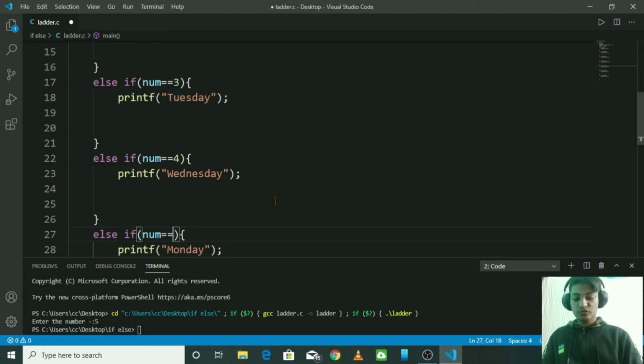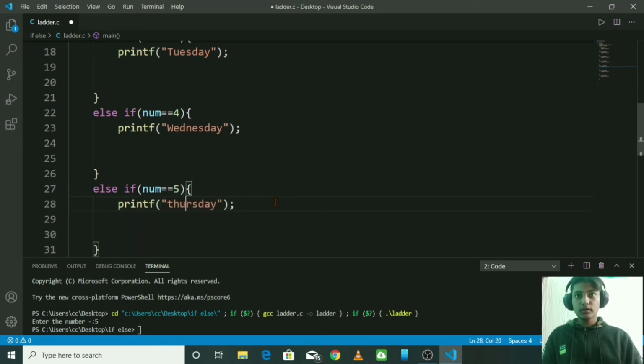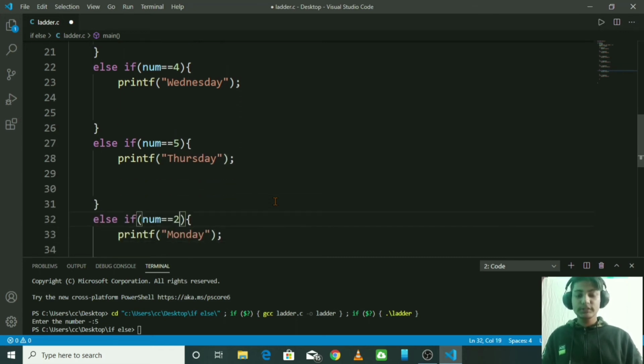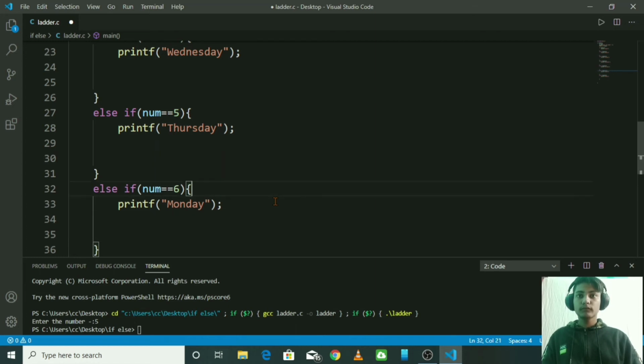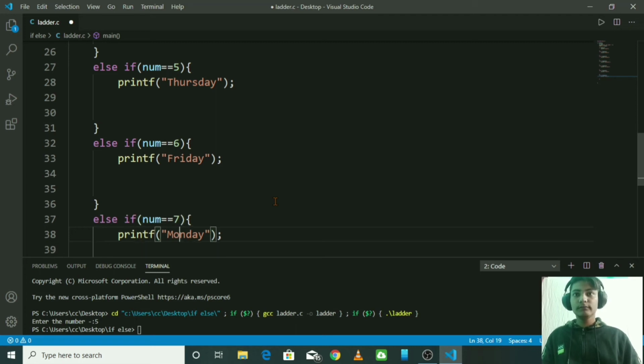Here num equals to 5, and Thursday, capital. And then 6, so Friday. Then now equals to 7, and our last is Saturday. So here Saturday.